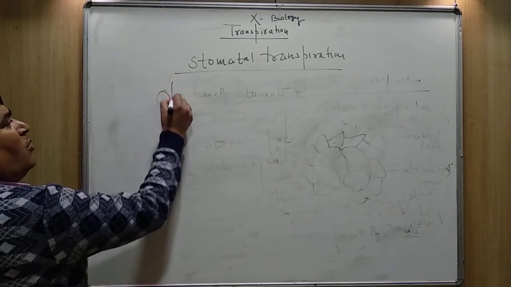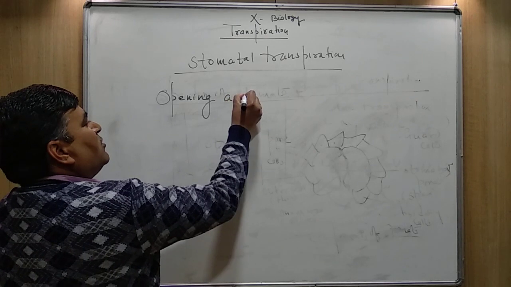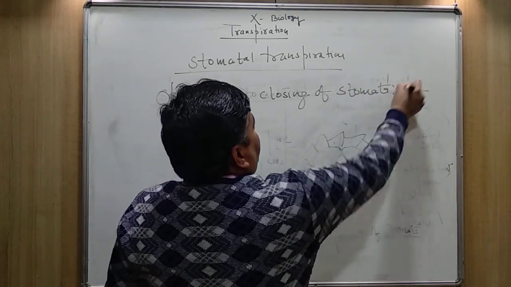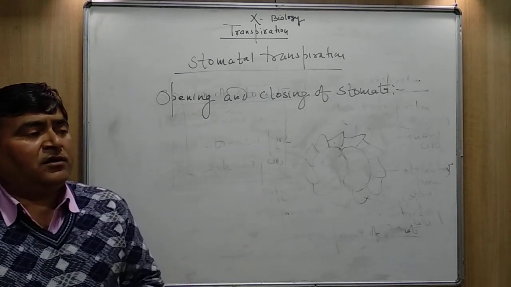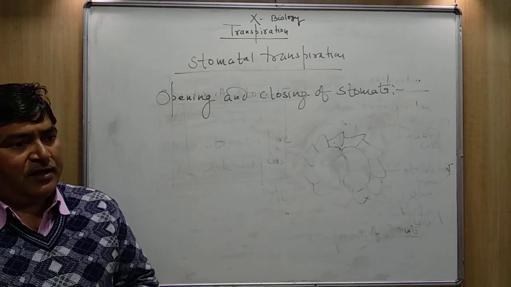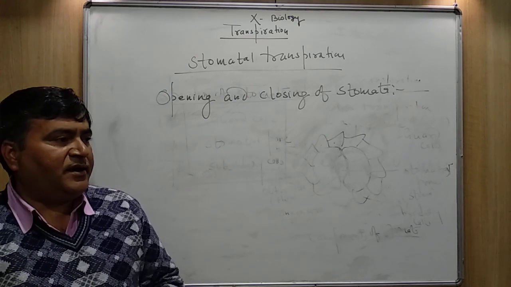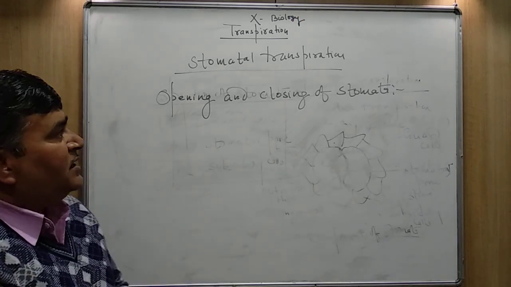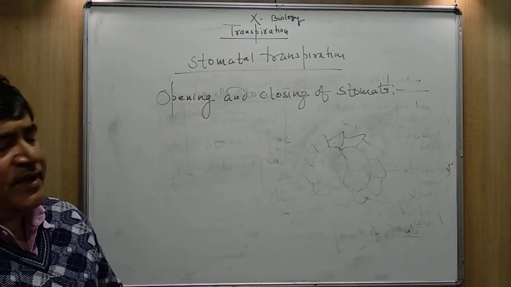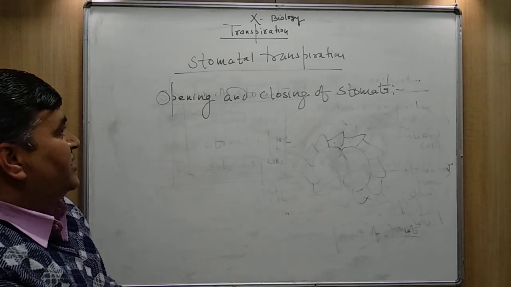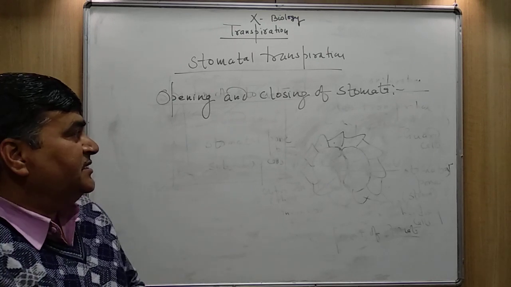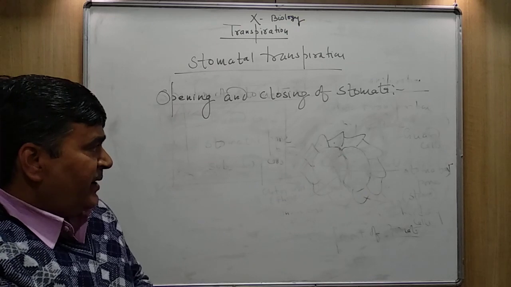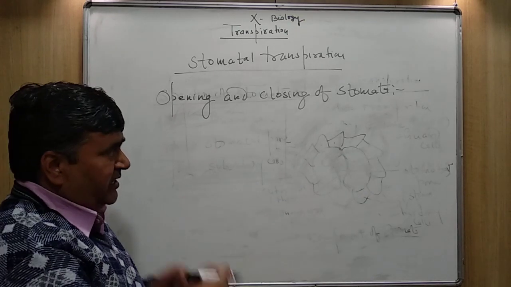Opening and closing of stomata. As you know, stomata opens during the daytime and gets closed during the night time. Now there is a question, why does stomata open during the daytime and get closed during the night time? During the daytime, in the presence of sunlight, some changes take place inside the guard cells. The guard cells then open, and this opening and closing of the guard cell I can explain here by a theory